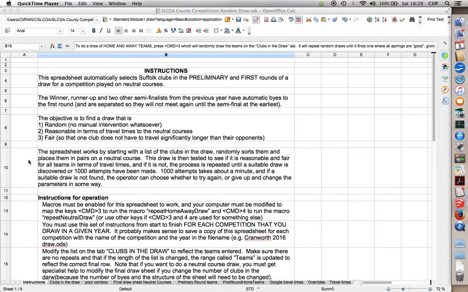is an instruction sheet. I'm not going to go through any of this in any great detail, but basically the three objectives are to find a draw which is random, so there's no human intervention, that the draw should be reasonable in terms of travel times to the neutral course, and that it should be fair in that the two clubs playing at the neutral course, one doesn't have to travel significantly further than the